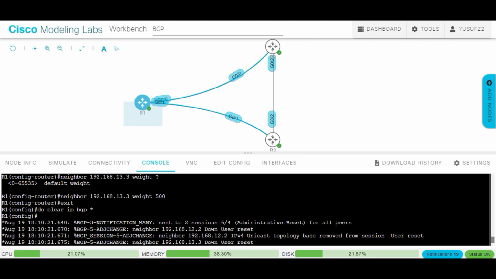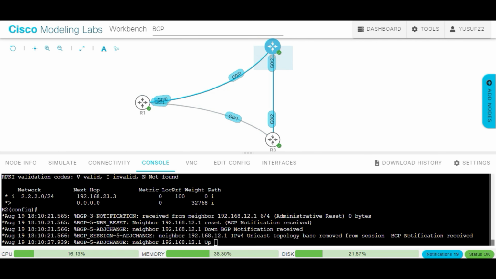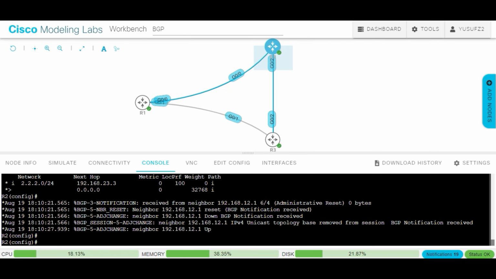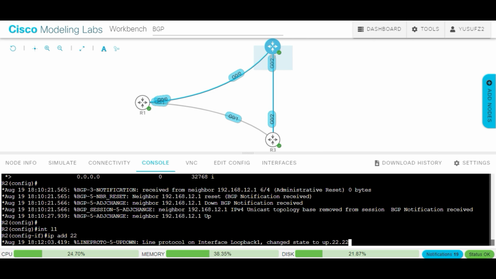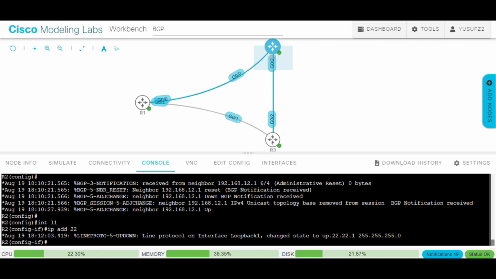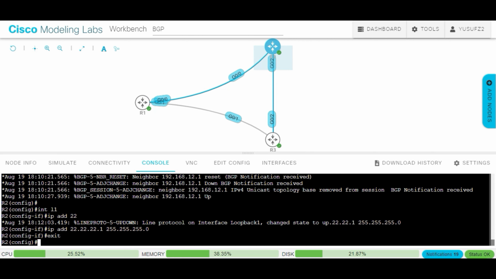So it could be from any network. But if I, for instance, introduce another interface, let's say this one here. Okay, so that's an IP address of 22.22.22.1. So I've created another loopback address. If I just advertise that into BGP,